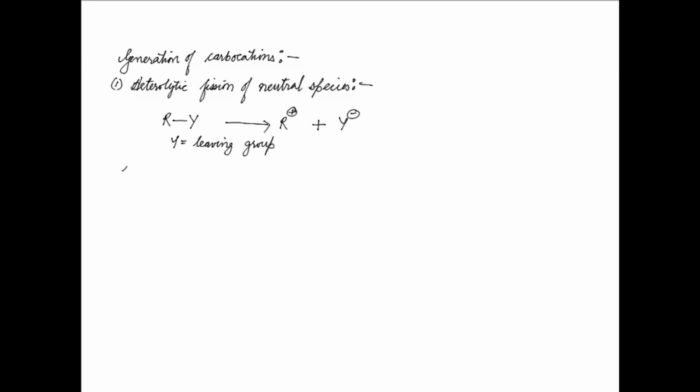For example, Me3CBr is a neutral species which can undergo heterolytic fission to form the trimethyl tertiary carbocation